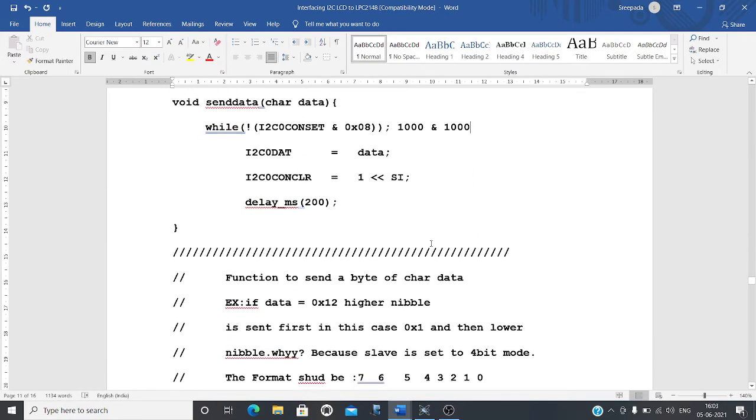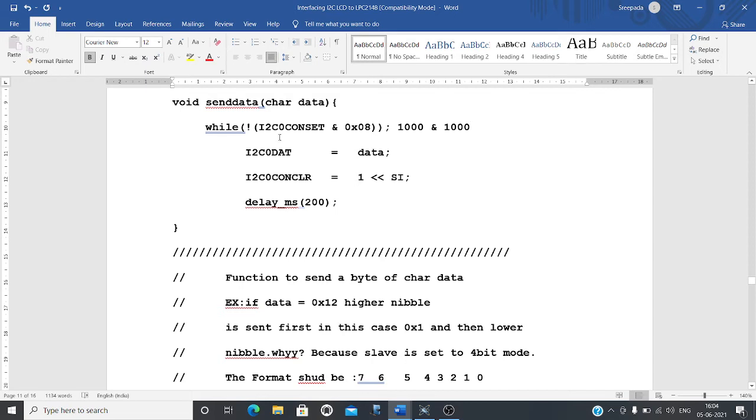If the data is sent, it will result in a 1, then with the NOT operation it is 0. While 0 means false, so the loop will continue until the entire data has been sent. This while loop will be repeated until the whole expression becomes true.